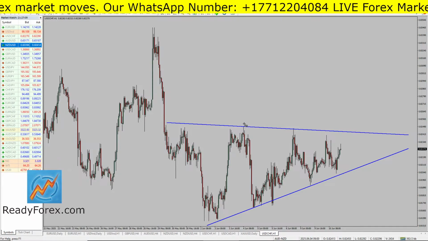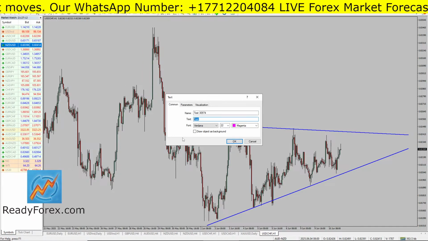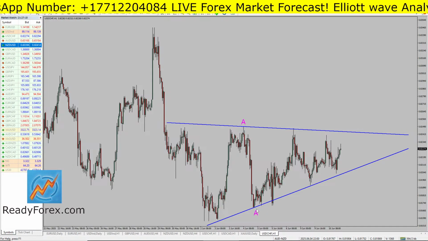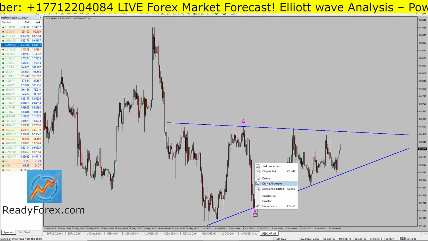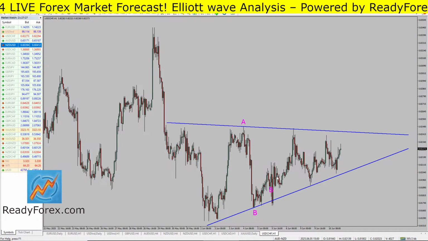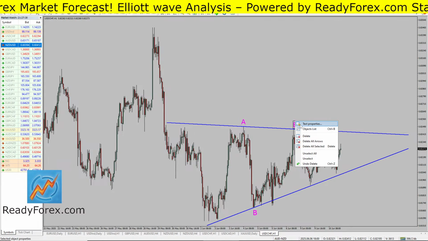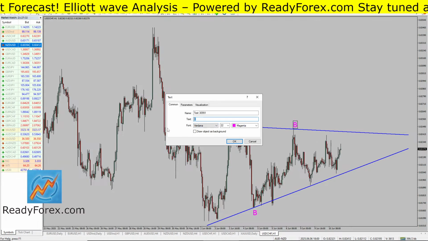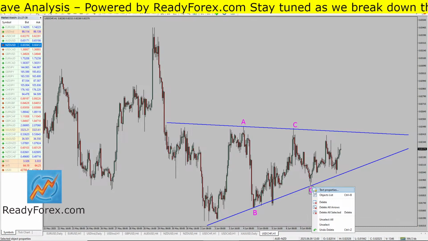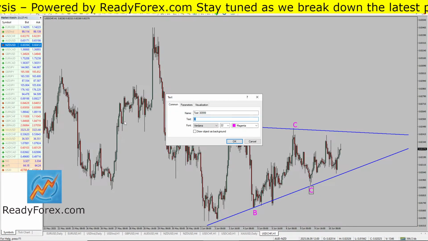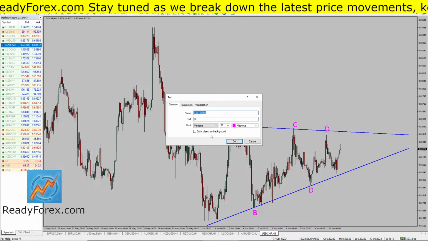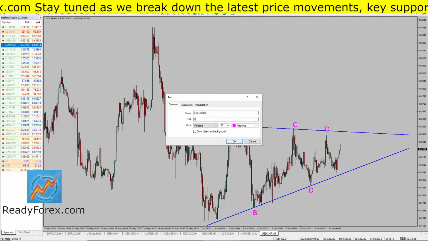Okay, so this is most likely wave A, wave B down over here, probably wave C. Then I got possible wave D. Okay, and after that expect the wave E, and it seems to me we already got wave E, but do